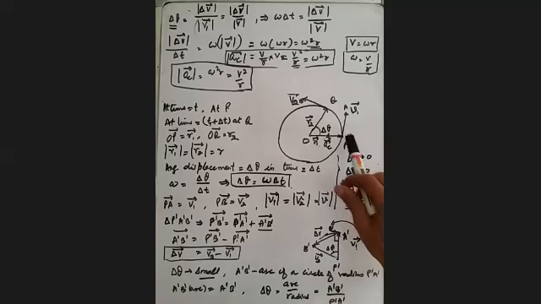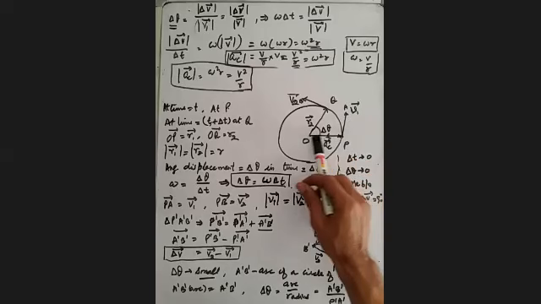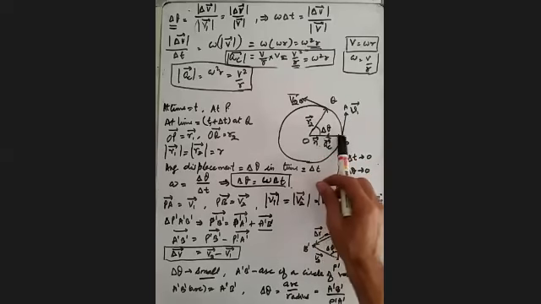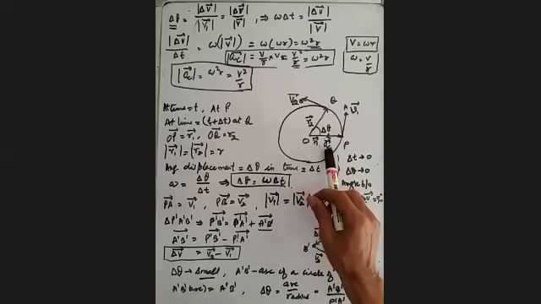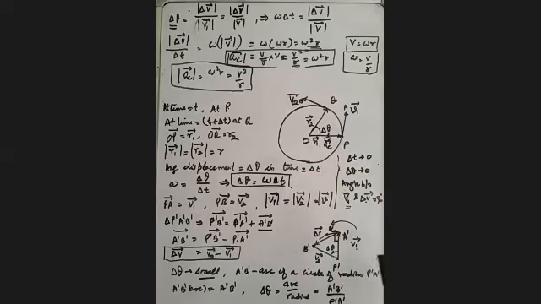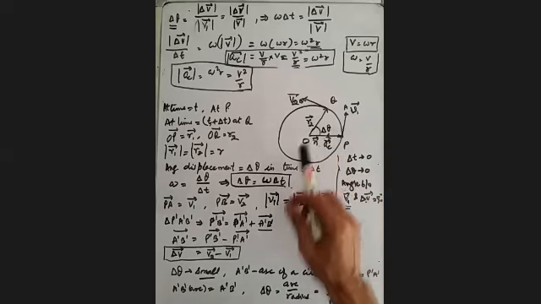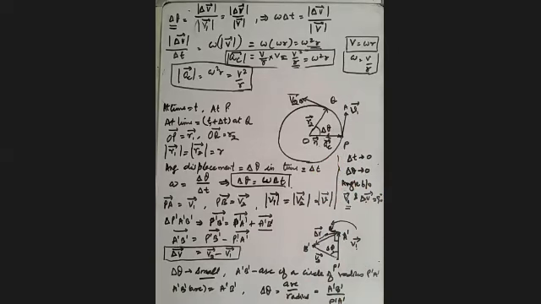So we can find it here. This is the velocity vector V1, and the change in velocity vector is perpendicular to this velocity vector. Therefore the direction of this change in velocity vector is along the radius vector and towards the center, and therefore the acceleration vector also has the direction along the radius vector and towards the center. So centripetal acceleration always acts along the radius towards the center of the circular path.